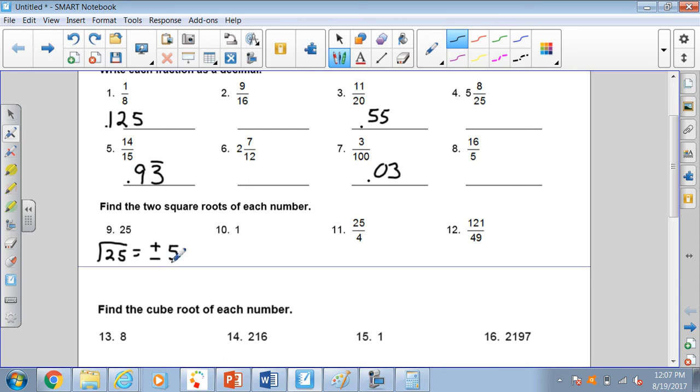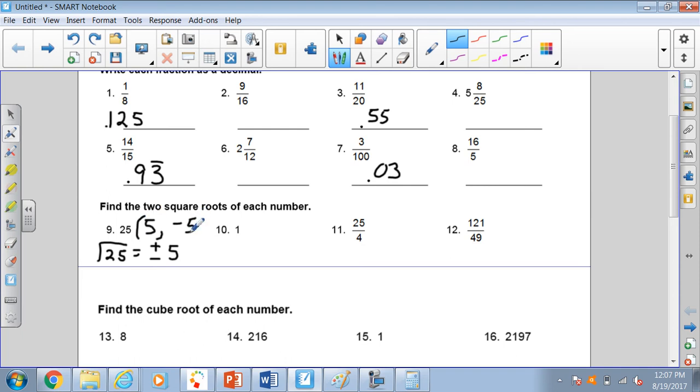So in other words, I'll have 2 answers. Find the 2 square roots each, and they're going to want you to have both of them. So this would read positive 5